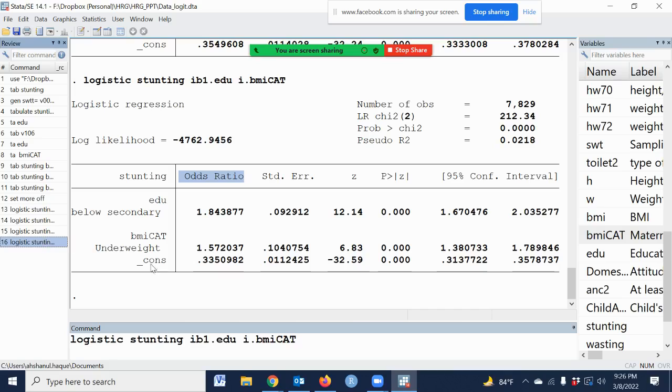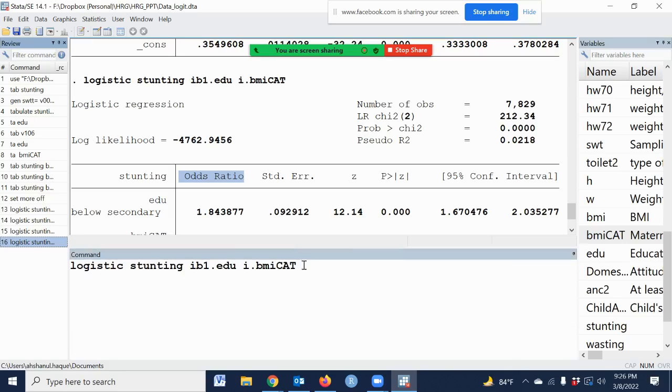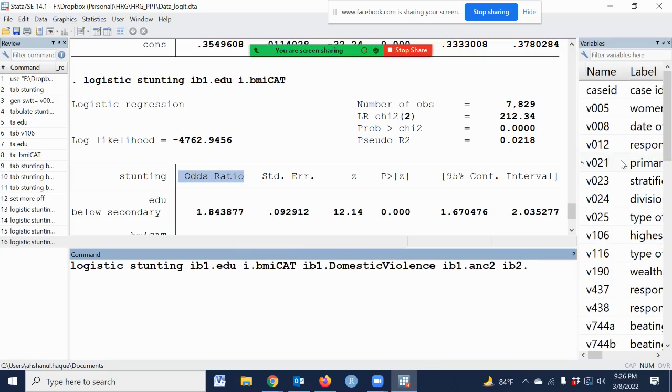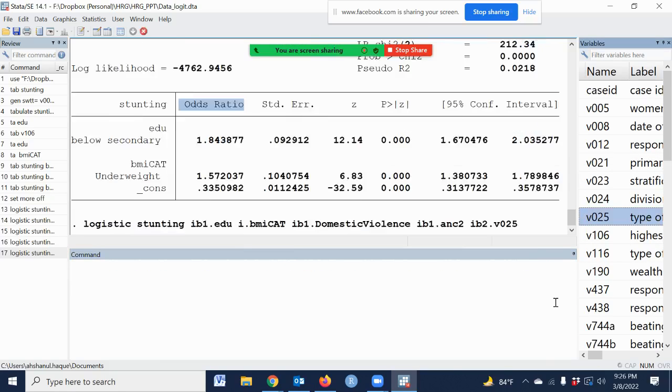Now I would like to adjust for all possible variables. For example, IB1. domestic violence, IB1. NC variable, there is NC2, IB2. place of residence.